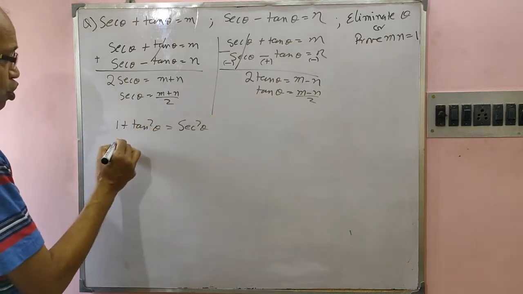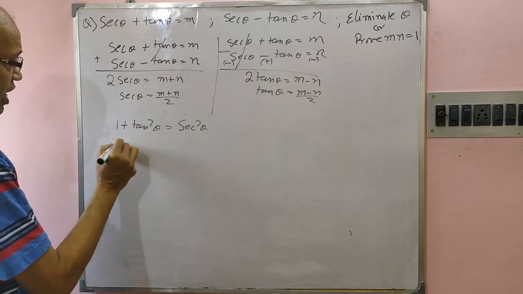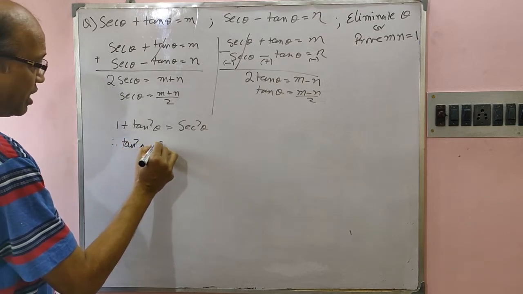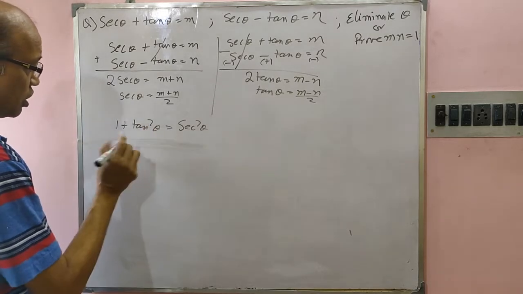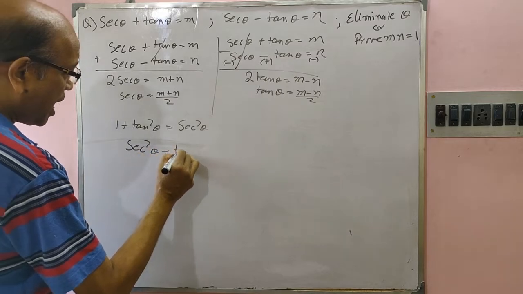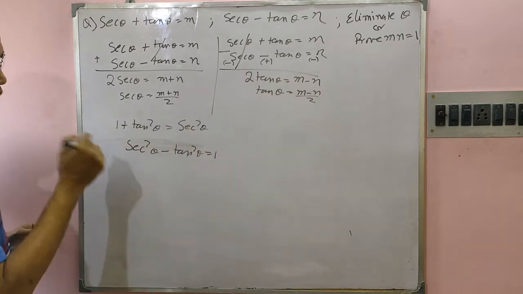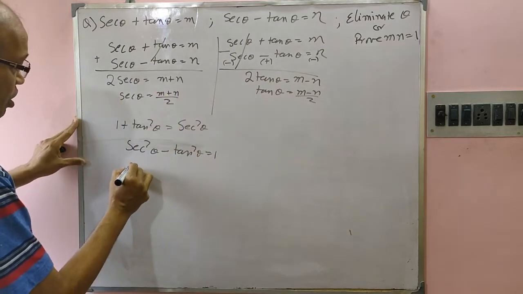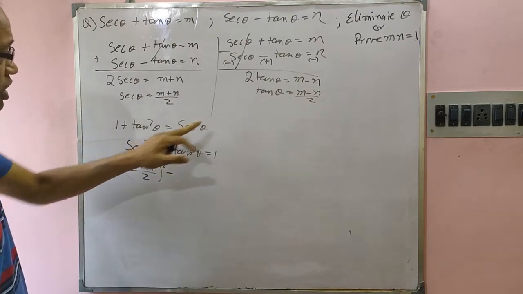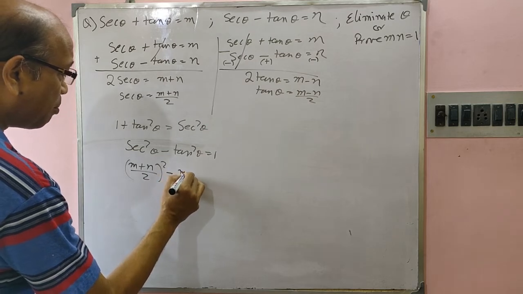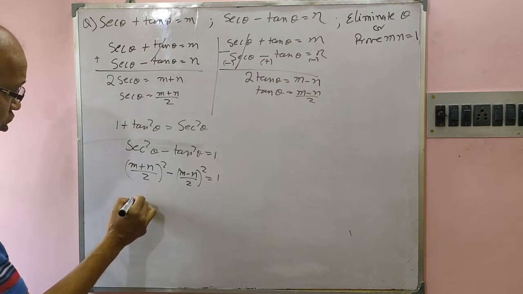Now put in the values. We can write this as secant square theta minus tan square theta is equal to 1. Secant square theta minus tan square theta is 1. Now what is secant square theta? m plus n by 2 whole square, minus what is tan square theta? m minus n by 2 whole square, is equal to 1. So this will become